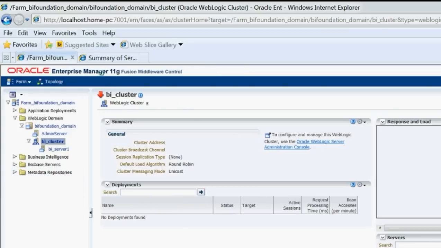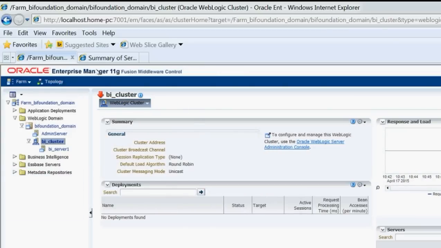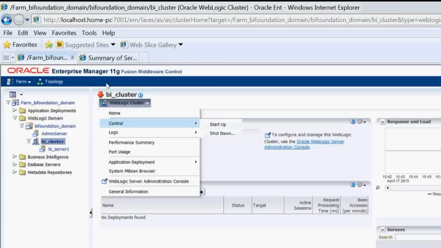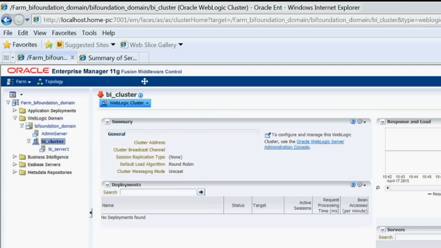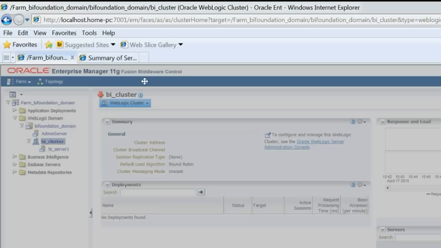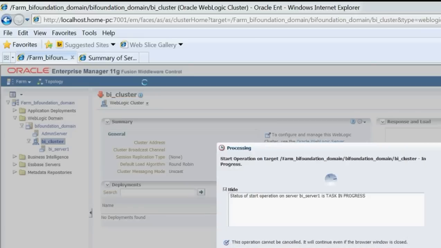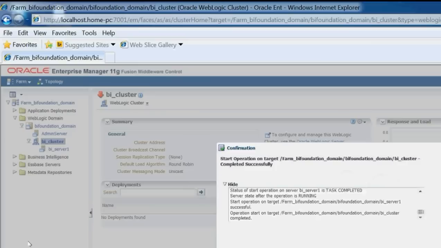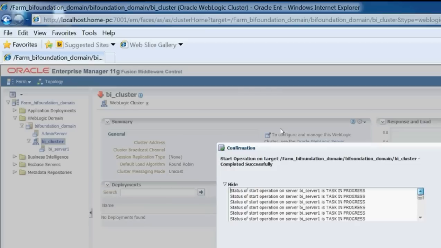So how can we start it? Here go to control, startup. Here select startup, then it will show one window. See here, status of operation on server BA_server_1 is task in progress.